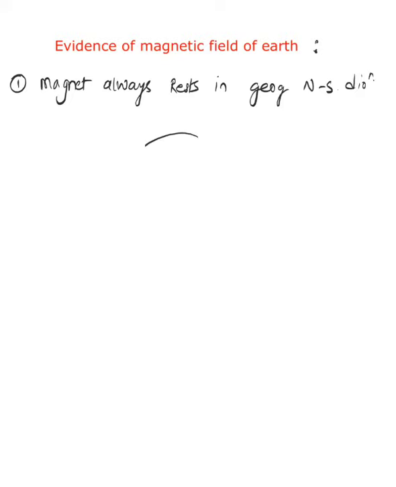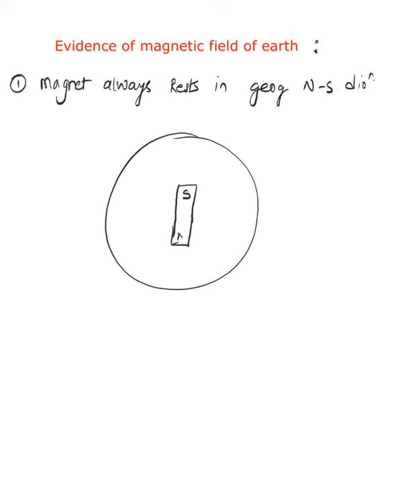Now, why does this happen? Say for example, this is the Earth, and inside the Earth, Earth also has its own magnetic field. Earth also behaves like a magnet due to the presence of the core. Now, let's say out here, this is the south of Earth's magnetic field, and north. I'll repeat once again. These are south and north of the Earth's magnetic field. So now the little confusion will start. There are two different north-south we're talking about.